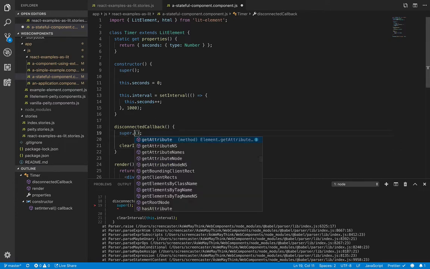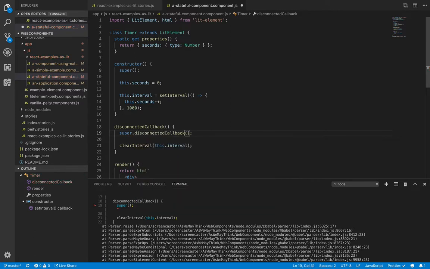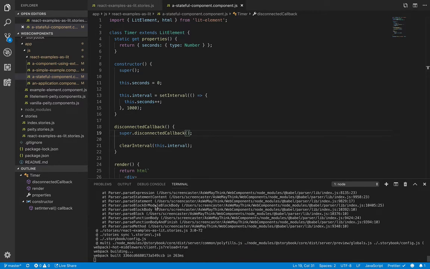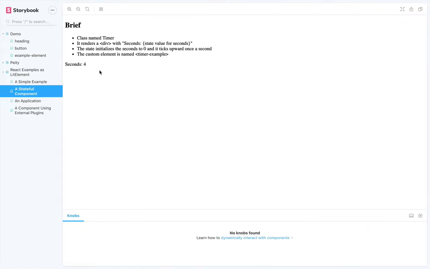Let's try that again. That should be better. Okay. So now anytime this particular component gets removed, it should automatically clear the interval timer, and whenever one gets